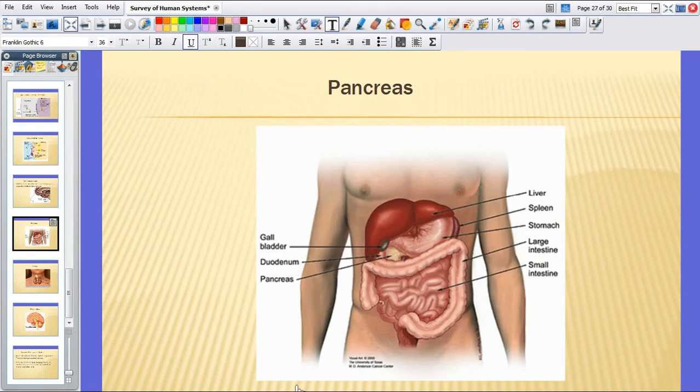The pancreas creates several important hormones, including glucagon and insulin. Glucagon stimulates the liver to turn glycogen into glucose and to release the glucose into the blood. This increases the amount of glucose in the blood and therefore increases the amount of glucose available to the cells. The main target cells are the liver and the muscle cells.